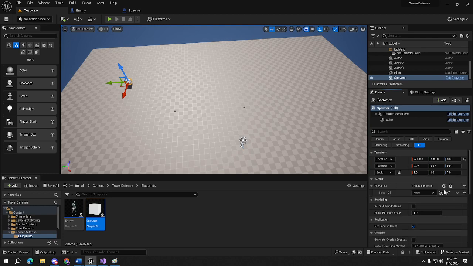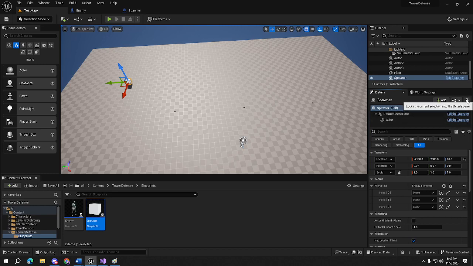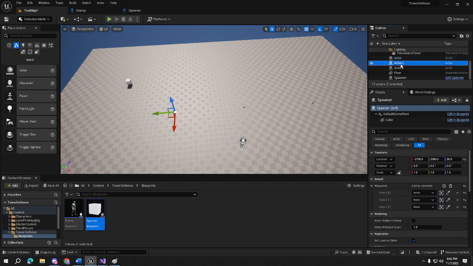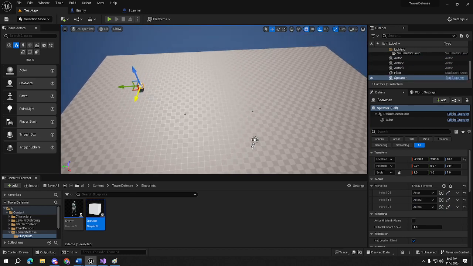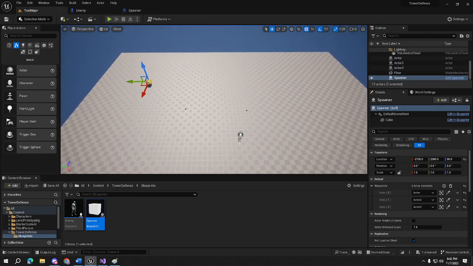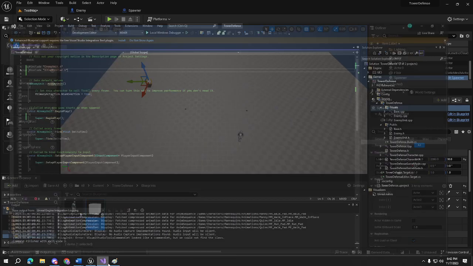And then, all we have to do is just drag, let me just lock this, drag our quote-unquote waypoints. So, andito siya. Ayan. So, this is one way para so the spawner has the list of array of waypoints, which you will use later on for our enemy who's going to follow those waypoints. So this is one. The other way